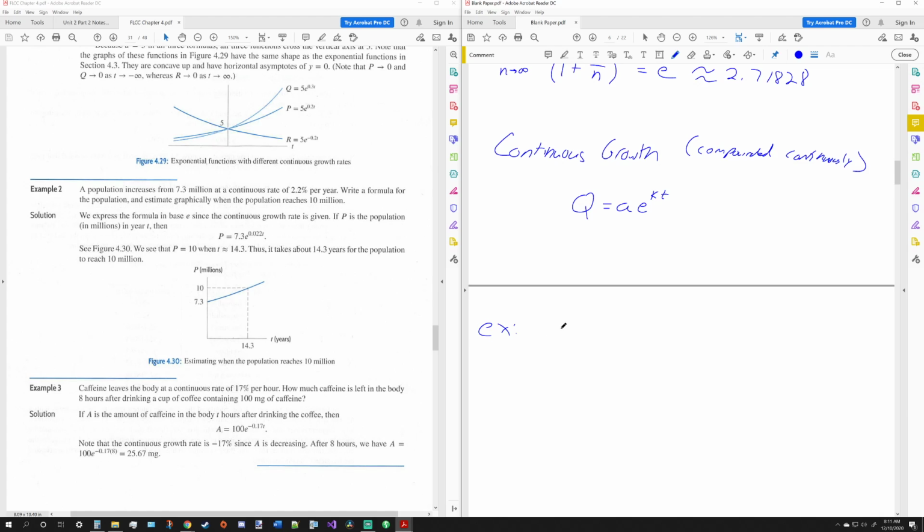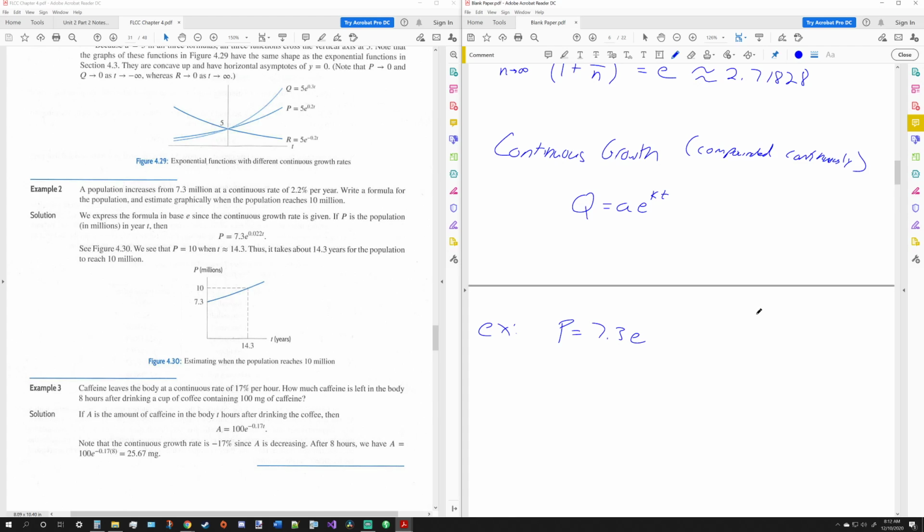So it increases from 7.3 million. So if we keep our units in millions, we could just say our starting value is 7.3, P for population. Remember, you can just change all of these things. But this is a number, a value, you can't change that. That's not a variable. So it's important to remember that E is not a variable, it's a number, much like pi is a number. And then the continuous rate of 2.2%,